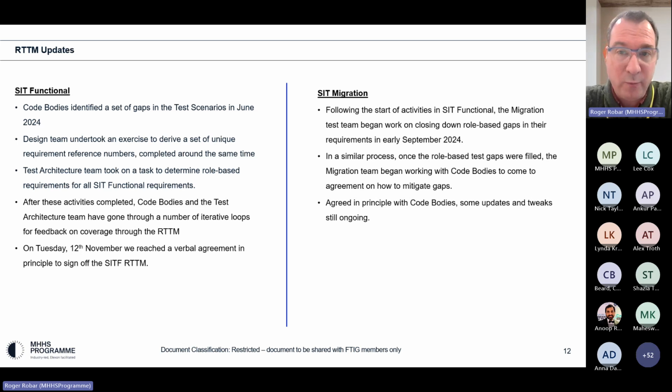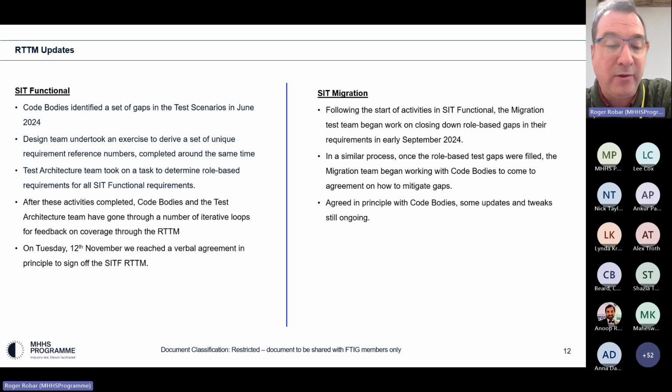Personally, I welcome the scrutiny. I want to make sure that we are running the right tests and that we completely achieve qualification for any SIT participant that goes through SIT with us. This is all I was going to say about the RTTM updates.